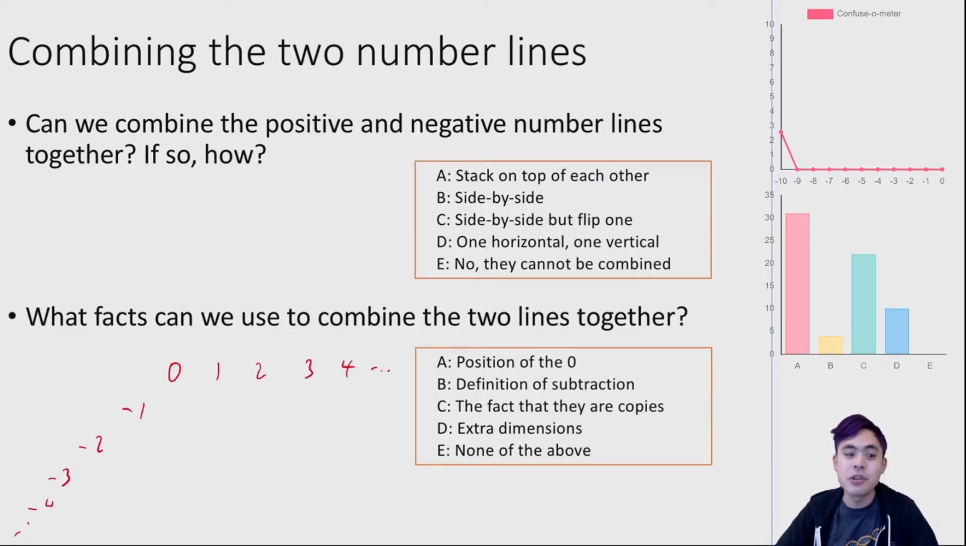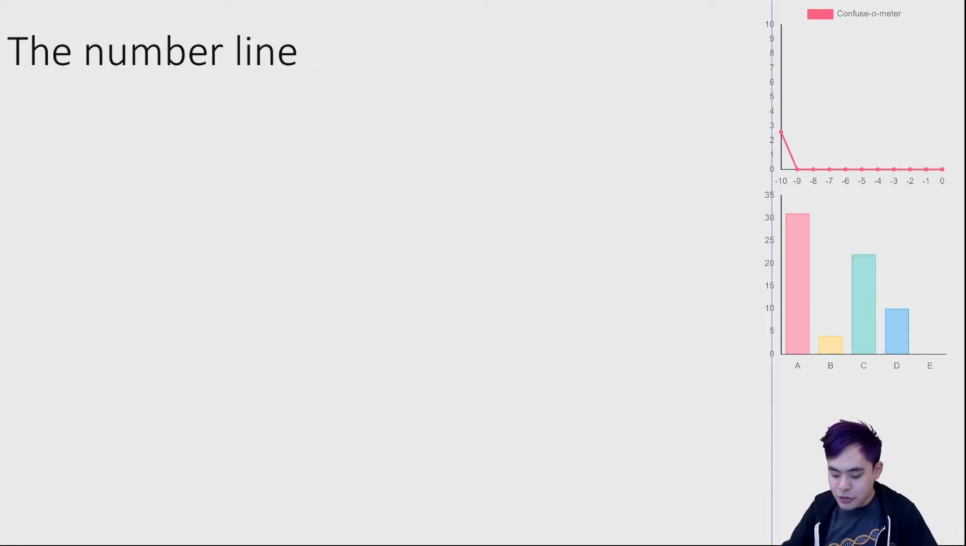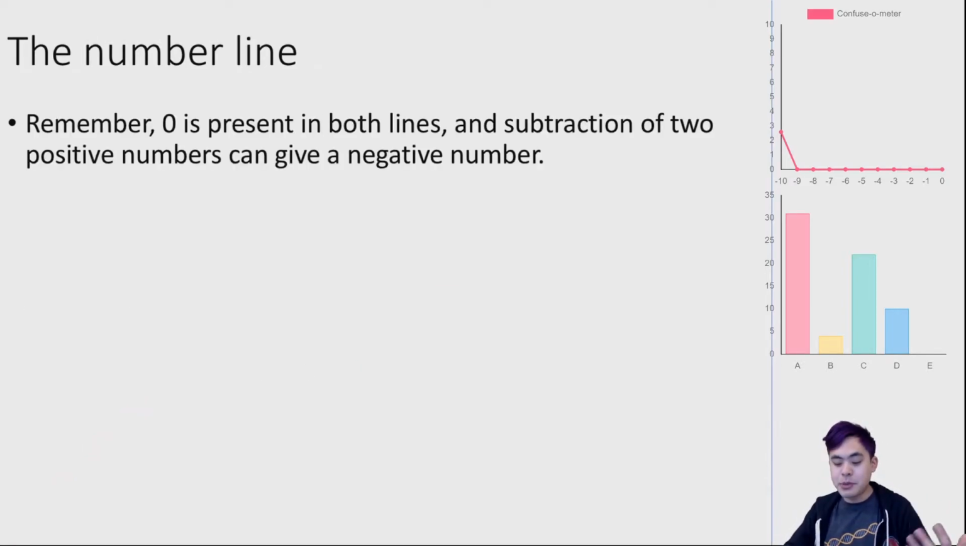And yes, of course, we are using the fact that they're copies, and we aren't actually using extra dimensions for this particular part of the construction of the number line. So now let's see what I mean by that. Let's go over to the number line. Remember, 0 is present in both lines, and subtraction of two positive numbers can give a negative number. So what that means is, if we have this number line,